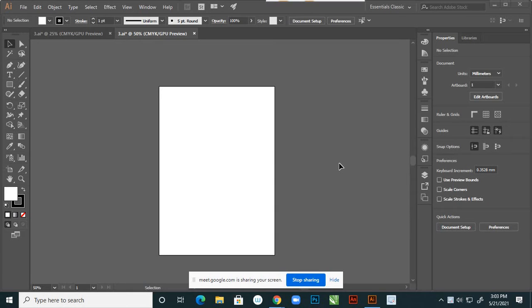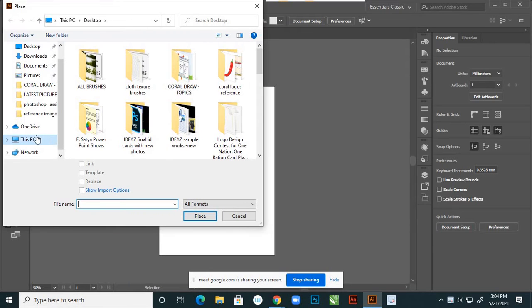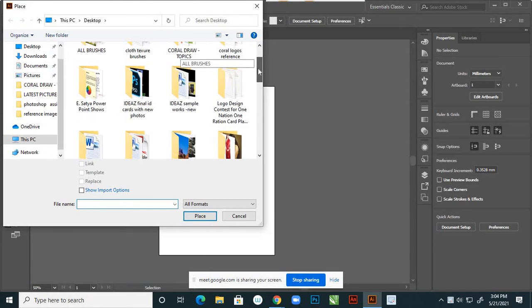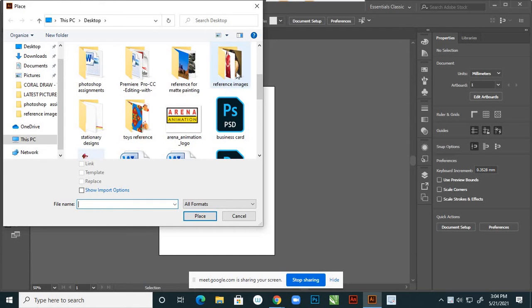Right. So next today we are focusing on importing and exporting images, and vectorization in Illustrator. These are the topics. First we have to import any image, from file, place. Yesterday I told you there is no import button, it is place. So find your images. Suppose reference images are there.